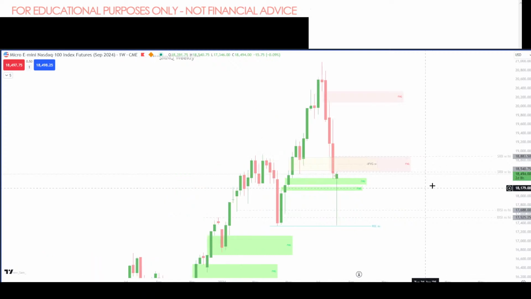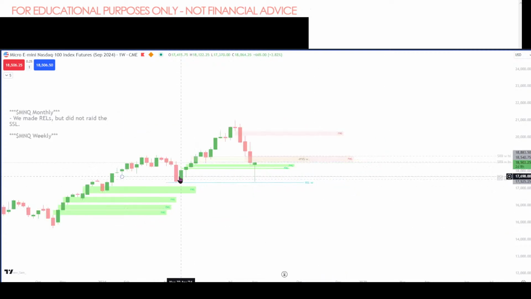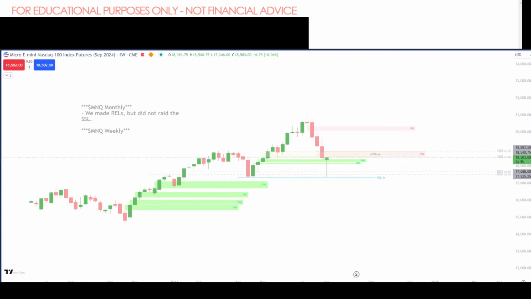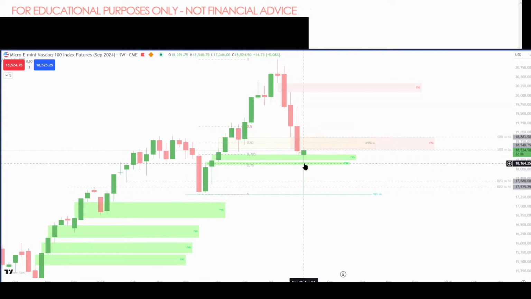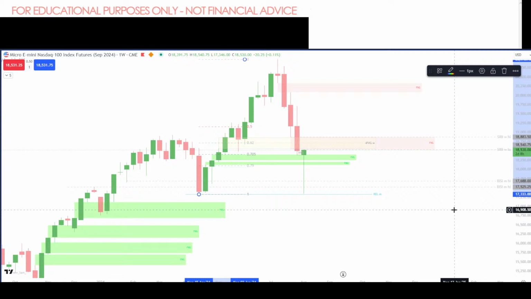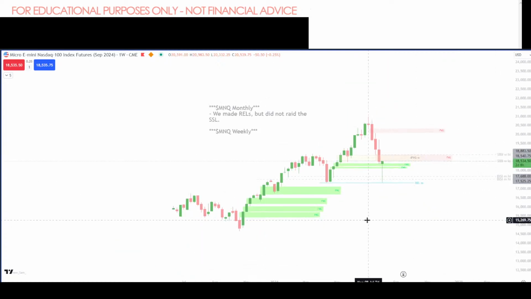Now, what else do we notice here? So we have this weekly dealing range. We have a dealing range from there, let's just say till there. We came back down. We're currently inside the optimal trade entry, right? If this was a retracement and going long, then we're in that zone. I don't know that I'm going to write that out.